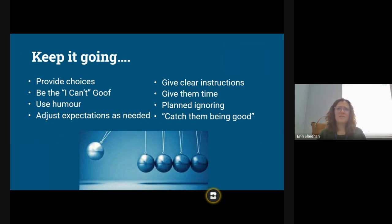Even if you're not feeling very playful or humorous, it's that fake it till you make it mentality. I've started that too, where I wasn't really in the mood to be playful, but then I started fake playing, and pretty soon we're all laughing and having a good time. And adjusting expectations as needed. So like I said, meeting your kiddo where they're at,